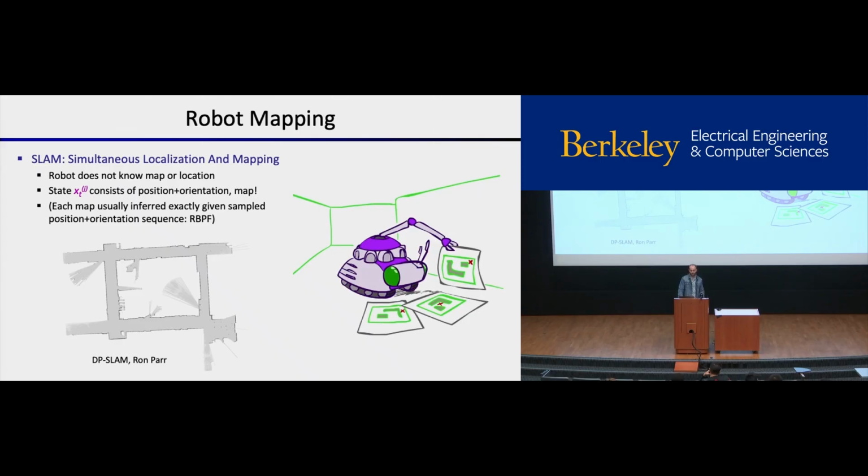And this caveat, I'm going to skip over it for now, but it is important because, think about how the state evolves. The map is never actually changing. Whatever the map is at time t, it's the same map at time t plus 1. So there are going to be a lot of zeros in the transition probability matrix, which messes with the particle filtering algorithm.